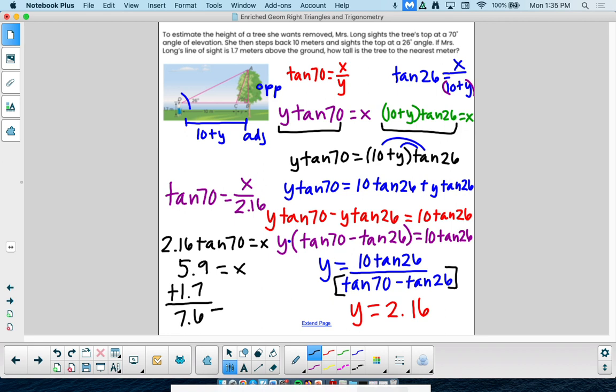A 7-foot tree, you can pretty much estimate. Yeah, I know. Is the context of the problem great? No, it's terrible. But the fact that you can do this math, you guys are good. Incredible. Completely make fun of me. You can make fun of it. No, they would, if I showed them